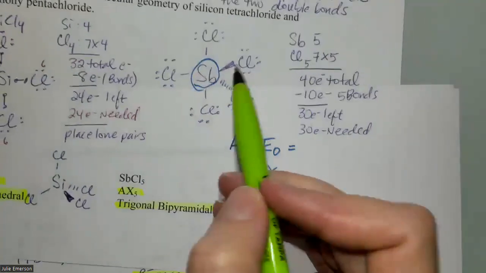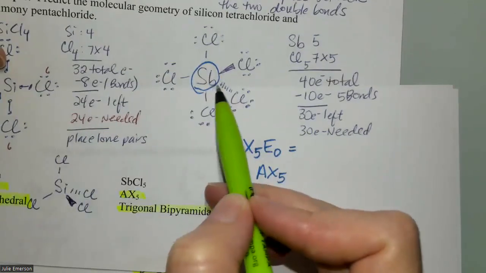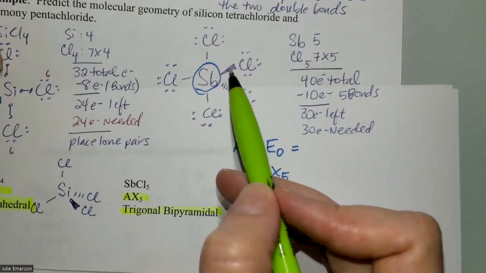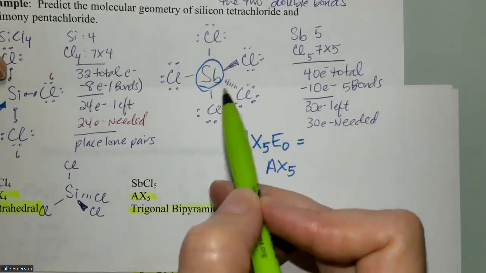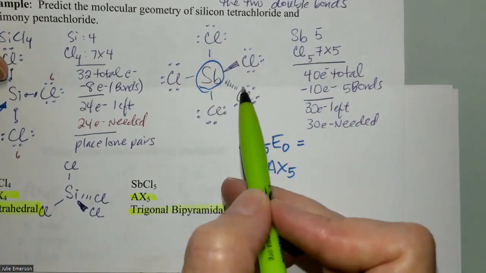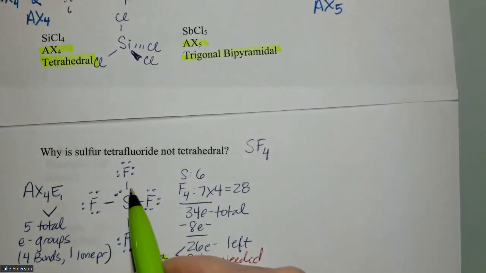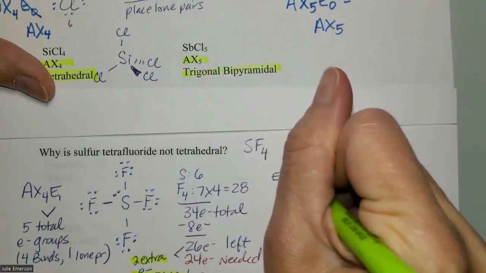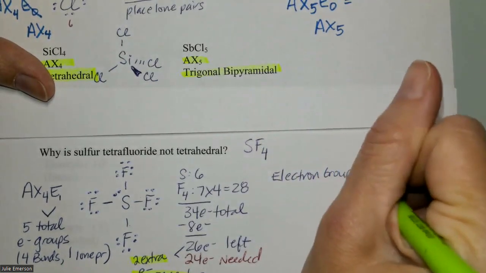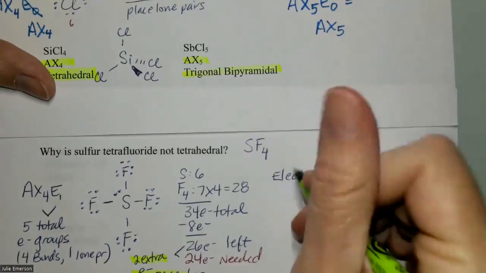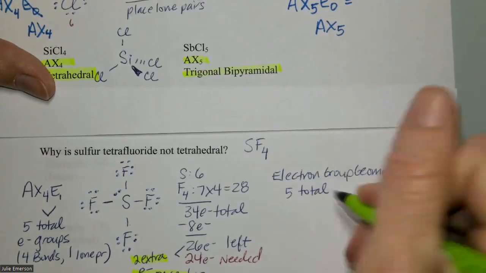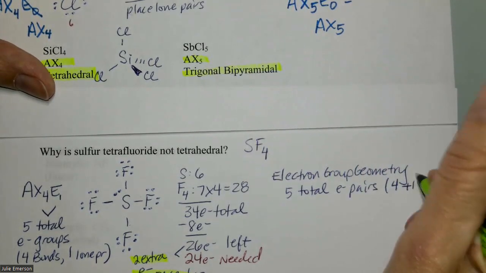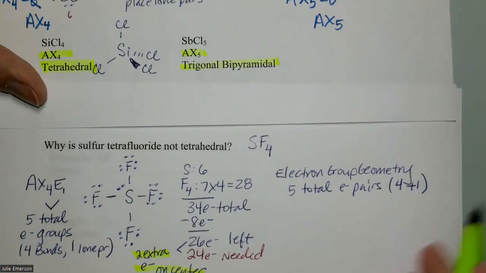So with the molecule, when I'm looking at the geometry, the electron pair doesn't matter. They don't care if they're repelling a bonding pair or a lone pair. A pair of electrons is a pair of electrons. So the 5 bonding pairs behave very similarly to 4 bonding pairs and a lone pair, right? So there's an electron group geometry. And the electron group geometry is that since there are 5 total electron pairs around the center element, the 4 bonding pairs and the one lone pair,